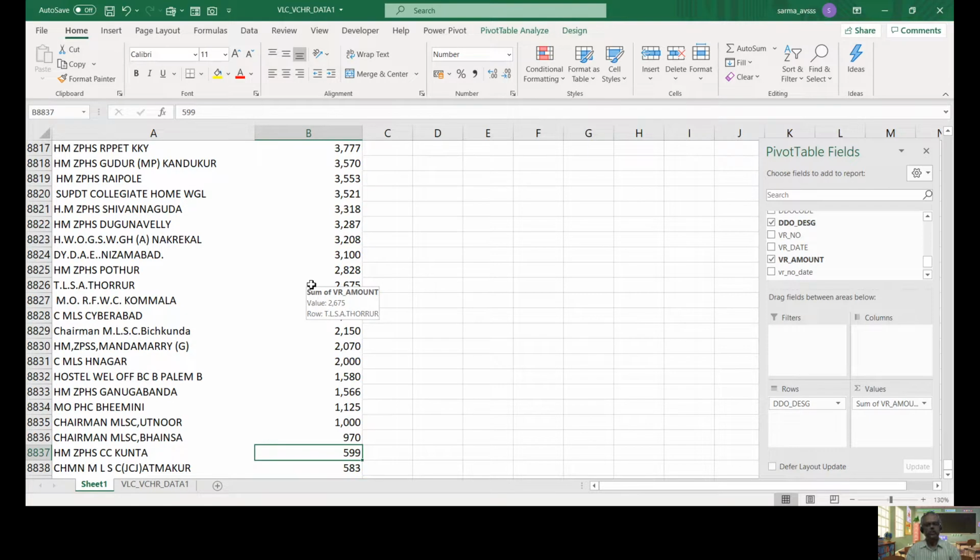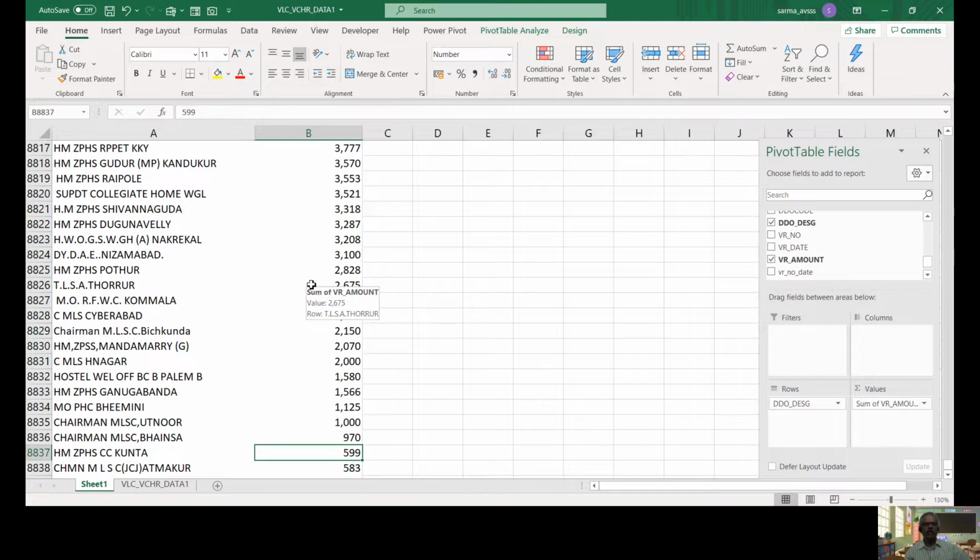Is it practically possible or feasible for a DDO, whose total expenditure in a year is 599 rupees? So by seeing that figure, we will get a lot of doubts now. When we are saying it is an annual expenditure, that should include his salaries and any other expenditure he spent in a year. So when he is spending 599 rupees in a year, it gives a lead that salaries are not all included. Maybe it is a miscellaneous voucher.